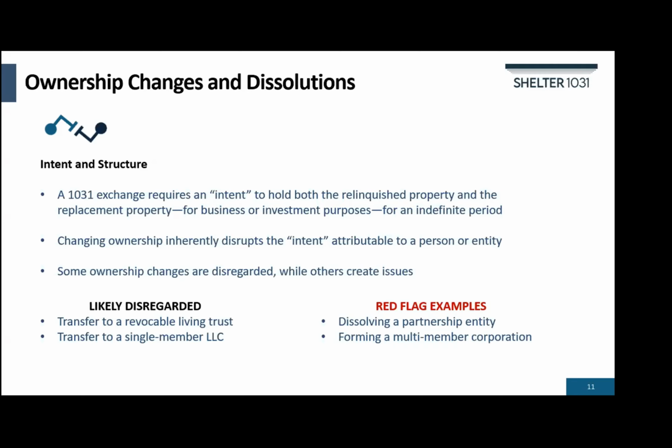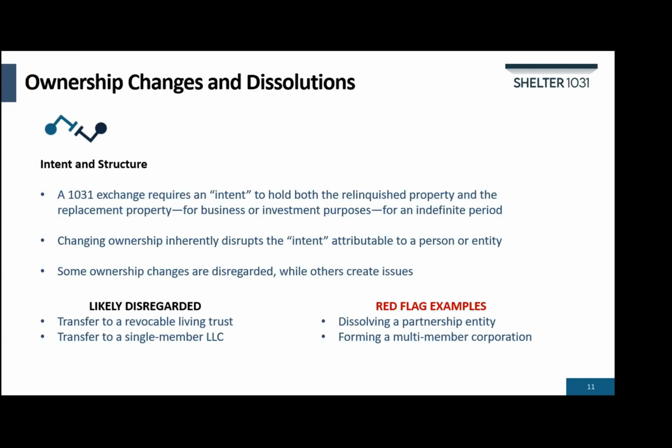Conversely, suppose you and two partners have an LLC that owns a rental property. During escrow, you decide to dissolve the LLC and sell the property as three tenants in common. At the moment you acquired your 1/3 interest in the property from the LLC, you had already decided to sell the property. The IRS likely would disallow the 1031 exchange because the LLC was technically a different owner than the three underlying members.